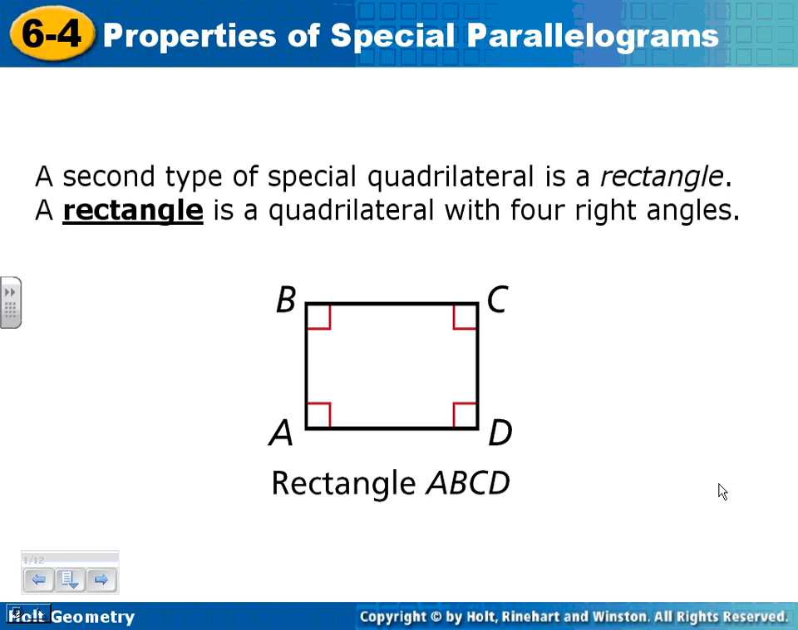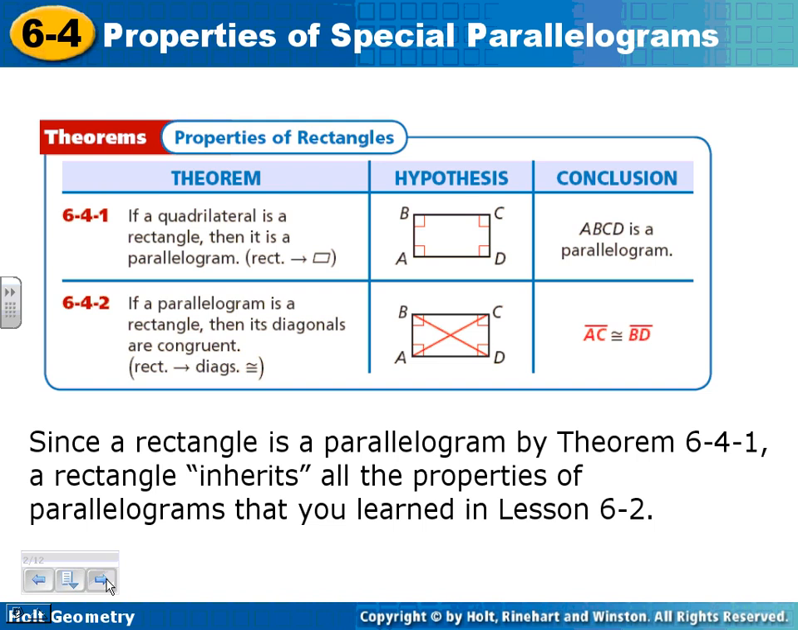Rectangle ABCD is drawn for you. Notice the four little boxes in the corner. That's what a rectangle is. Properties of rectangles. We have two theorems. The first one, 6.4.1, reads, if a quadrilateral is a rectangle, then it is a parallelogram, which means that all